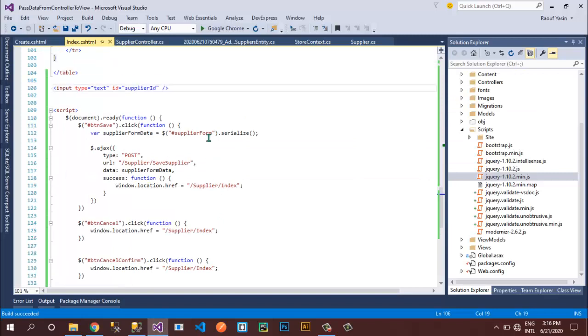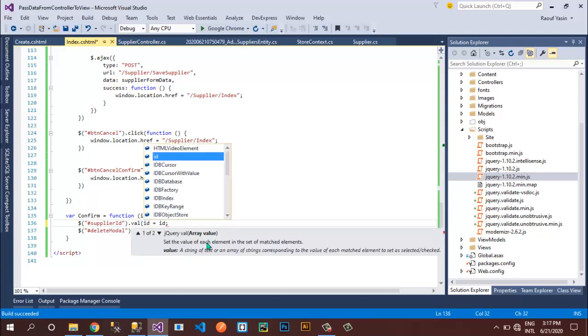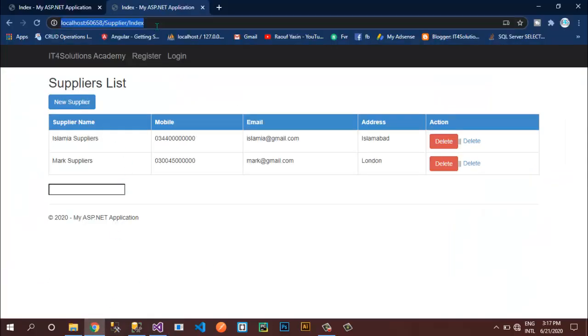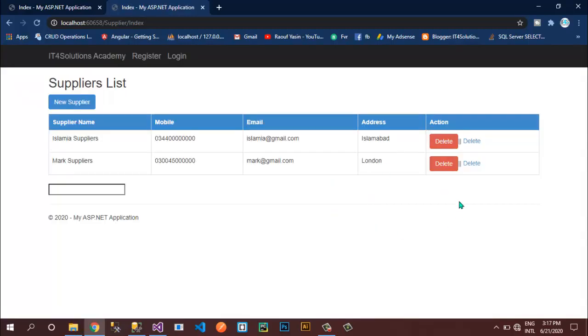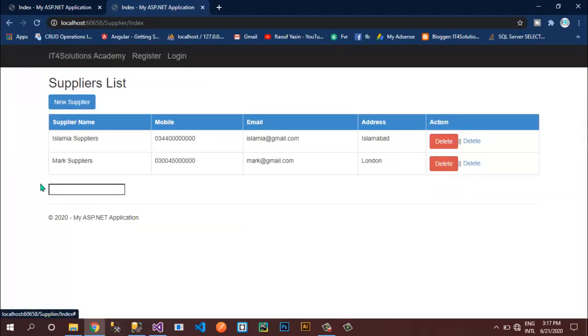So when we click on the confirm button, we are receiving this ID, and we should pass this ID inside this val function. Now we can make sure, refresh this, and if I click over here, perfect, look at this, the pop-up is displayed and this ID is stored in the text box. Now if I click on this, I can pass this ID to my server side code for the deletion operation. If I cancel this one and click on this, perfect, we're getting our value into this text box.